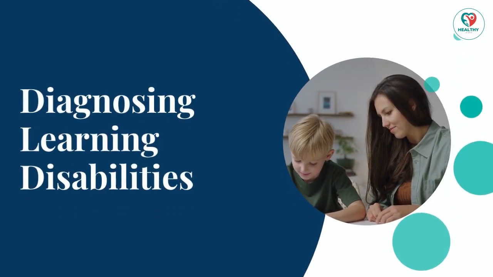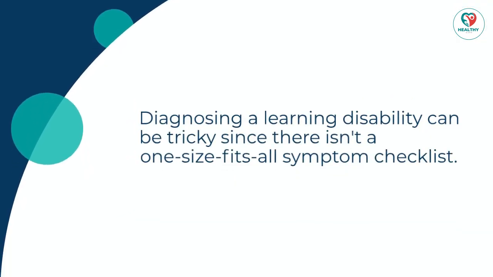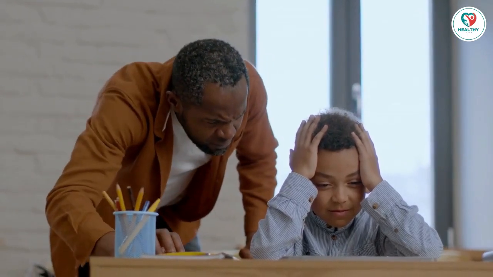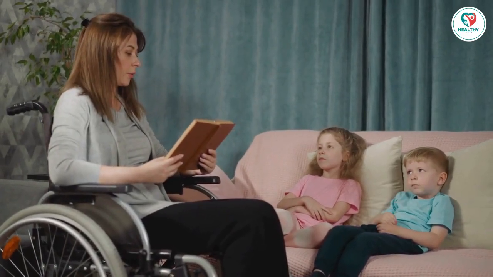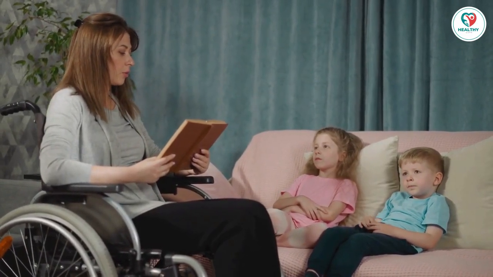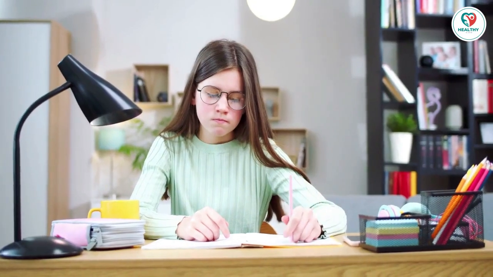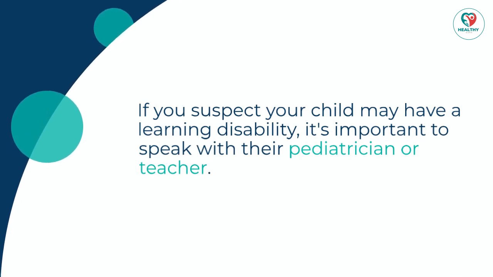3. Diagnosing learning disabilities. Diagnosing a learning disability can be tricky since there isn't a one-size-fits-all symptom checklist. Often, children try to hide their difficulties, which can make identifying the problem more challenging. However, some warning signs include lack of enthusiasm for reading or writing, difficulty following directions, trouble staying focused, slow pace when working on tasks. If you suspect your child may have a learning disability, it's important to speak with their